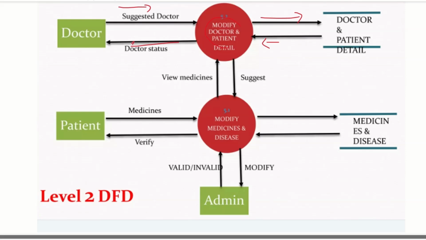Okay, so first they will assign the patient to the doctor, and then they will update it in the system, and then from modify doctor and patient details, it will first suggest the doctor to the patient. Next, they are giving the medicines to the patient, and it is going to the medicine, the diseases. From here it is coming here, and from here it is going to the verify. Okay, and the medicines will show, and it will store in the modify doctor and patient details,